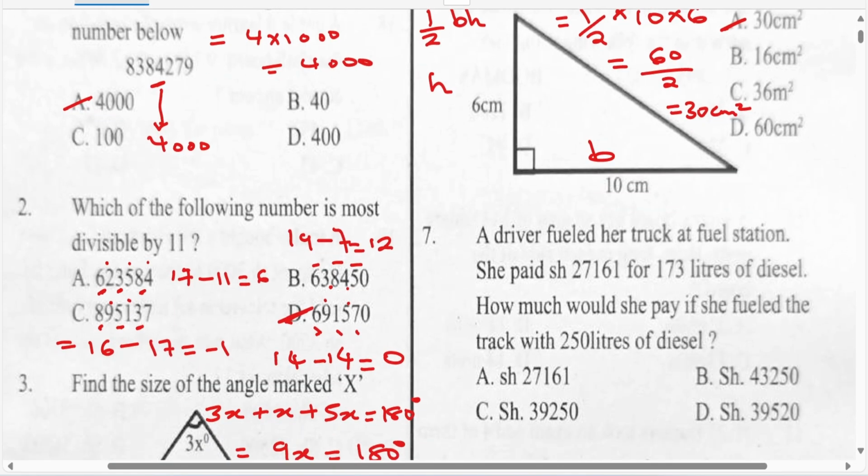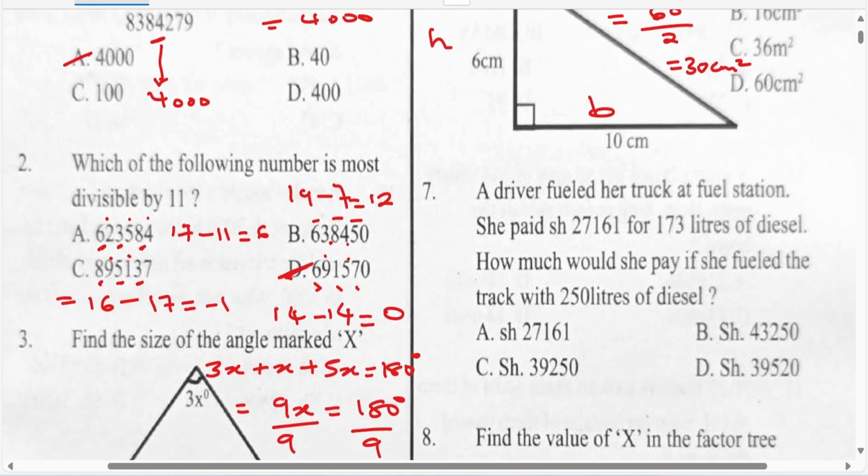Question 7. A driver fueled her truck at a fuel station. So she paid 27,161 for 173 liters of diesel. How much will she pay if she fueled the truck with 250 liters of diesel? So basically what we need to find here is how much she will pay for 1 liter only. So if you want to find out how much she pays for 1 liter, you basically just take 27,161, you divide it by 173,